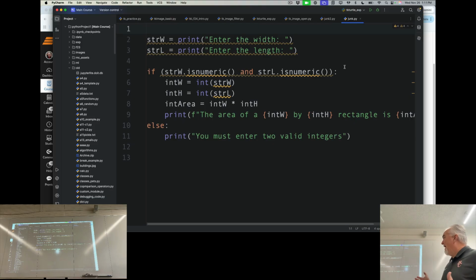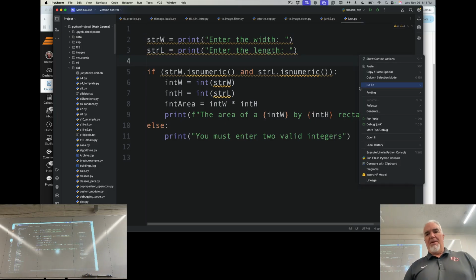So let's say I have this calculator and I've done some extra work here. I've double checked to make sure that the input is actually numeric, and then I change them to an int, do the calculation, and spit out the result. This is my command line calculator with a little bit of error checking in it. So when I run that,